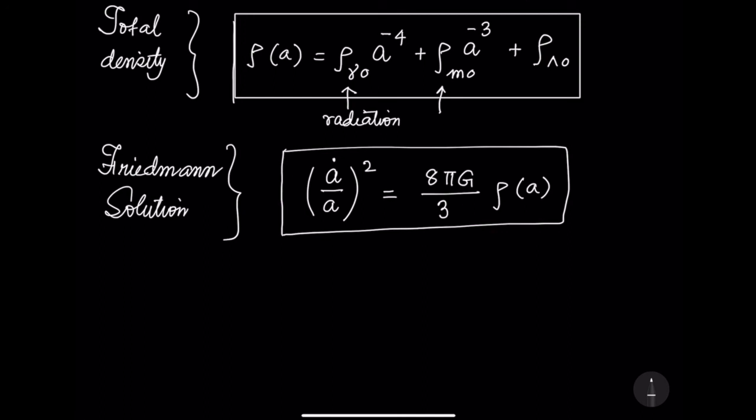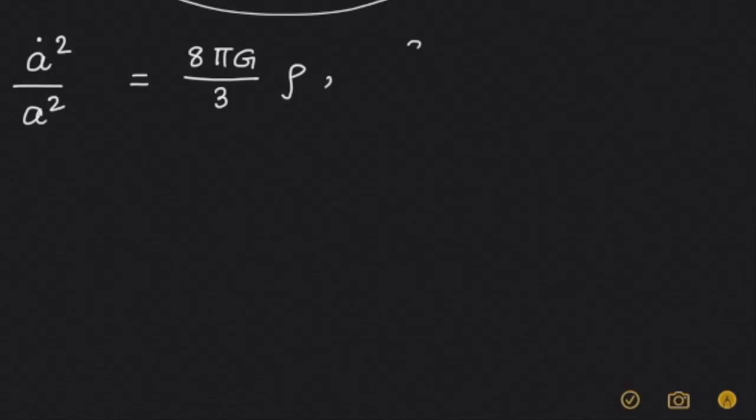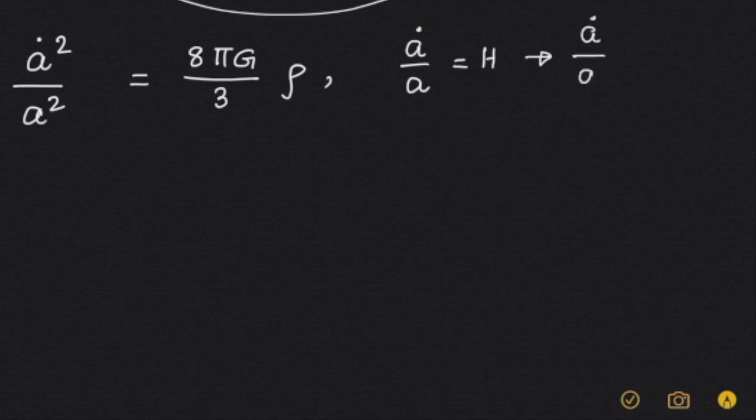This is matter or dust, and this is the cosmological constant. So if I know these values, then I know how A behaves as a function of time. Remember, A dot by A is nothing but the Hubble's constant h, and A dot by A at t equals t0 is what we defined